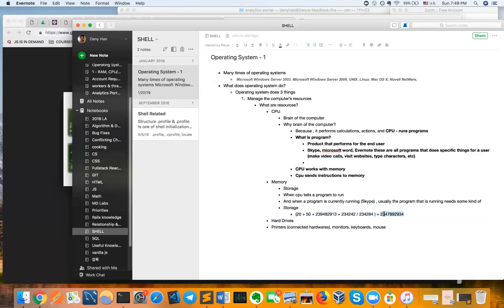a computer, when running a program, imagine Skype, Microsoft Word, anything, has a bunch of arithmetic or logical calculations. It's not super math, but it still is very logical, right? And it needs to put all these variables somewhere, right, for it to retrieve and then do things. And that's what a program is. When you run a program, inside it's all these tick, tick, tick numbers or words or characters moving around, doing calculations, doing logic, being moved around, right? And just like when we're doing math and moving numbers around, we need to write it down somewhere, get it later, and then do all that.